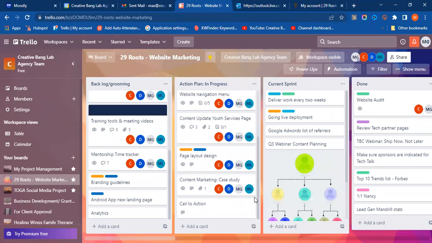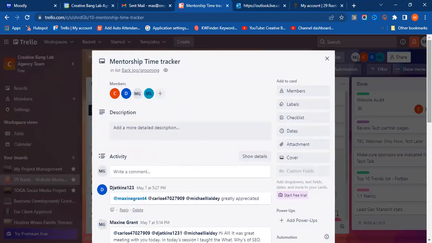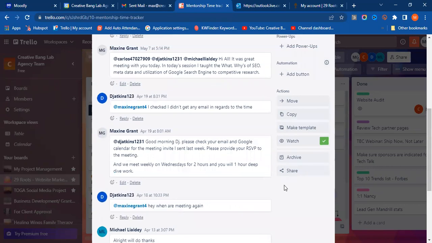DJ, I will update your time tracking document again. The Trello. I'm hovering over it right now. Can you see my mouse? Yeah, I see it. The card? Okay. All right. Al isn't currently in the card right now, but I'll be uploading it. All right. I've got less than a minute, so I don't want you